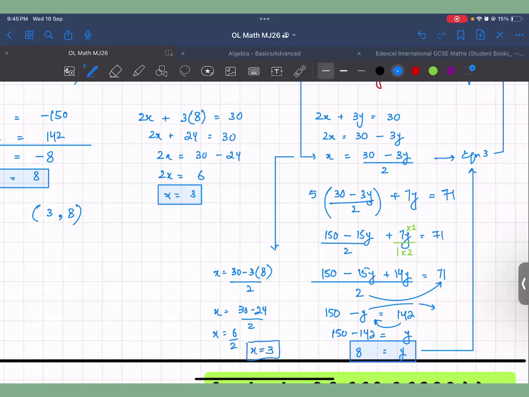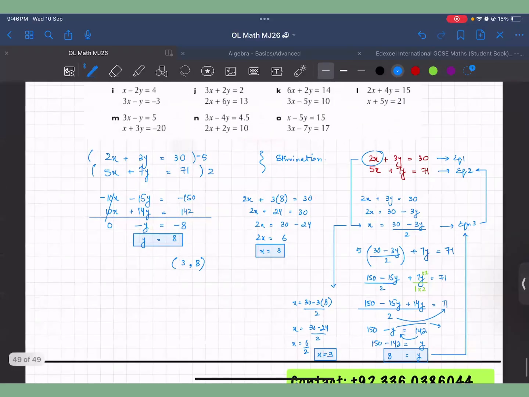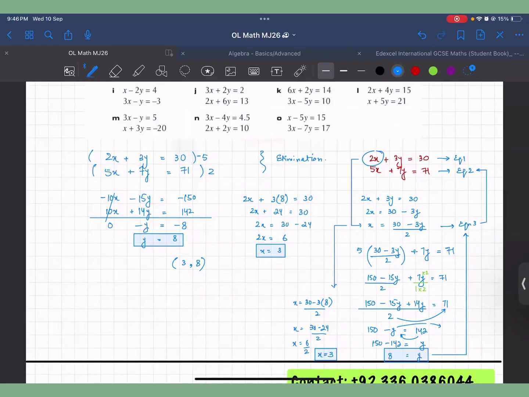I know this is more complicated, but I want you to do the more complicated thing so that you understand math better, how to move things around. You will practice taking LCM, you will practice how to solve these different difficult equations. You will get it wrong the first few times, I know, but you will then thank me later in your A levels that your algebra is better than others. In your exam, you can do elimination, you can do substitution. If you get the right answer, it's up to you. There is no compulsion.